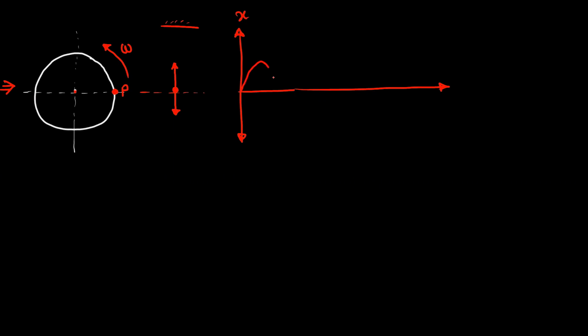Then if you observe from the side view, it will appear as if it is performing a vibratory motion about this mean point. From the side view, it will just appear to move in the upward direction, that is up and down. So it will become an oscillatory motion. And if you plot the waveform by taking x, that is the displacement in the y direction, then you can observe such type of waveform.